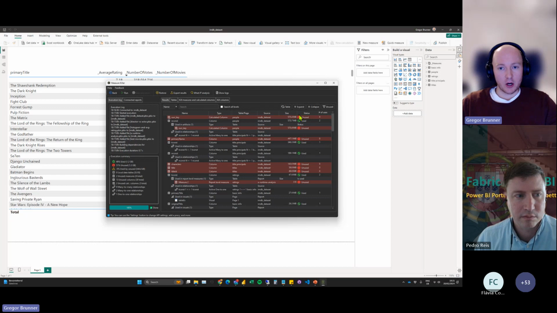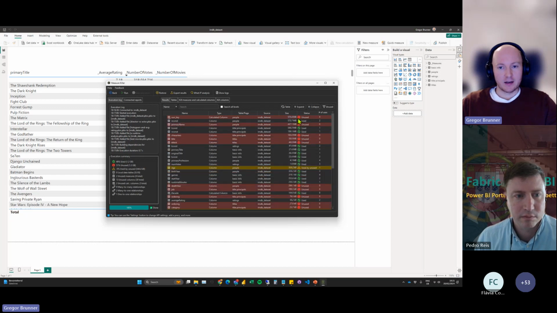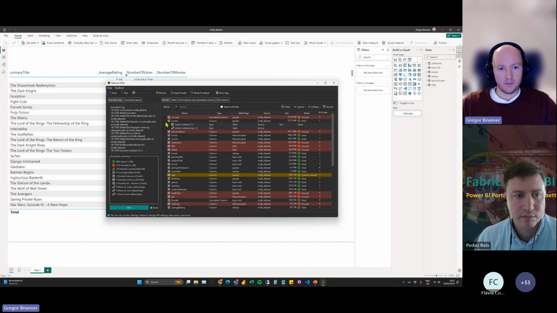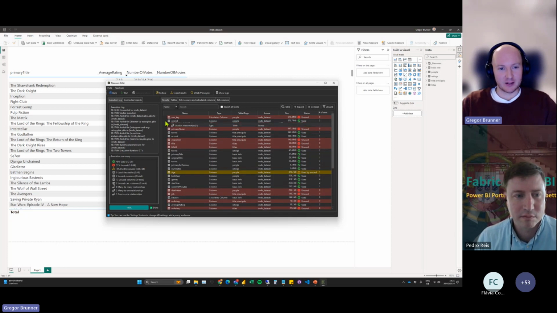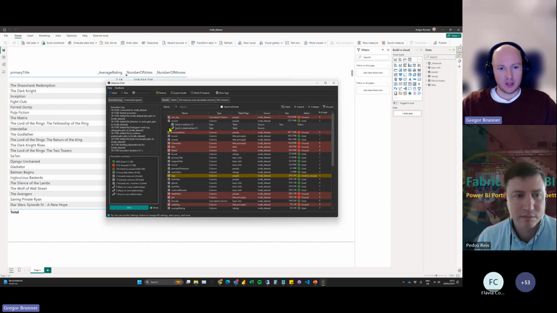So for the things that are used, I can basically expand them. And actually, I'm just realizing that there's supposed to be this little collapse icon, but I have an old version. The version that we released last week has this fixed, but on my computer, I still have an older version for some reason. So that's why those icons are not visible in the dark mode. But if you download it, you'll see those.